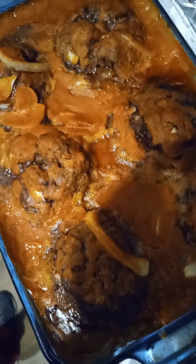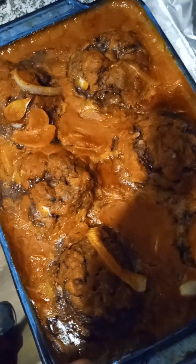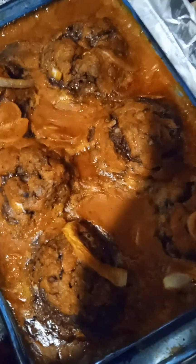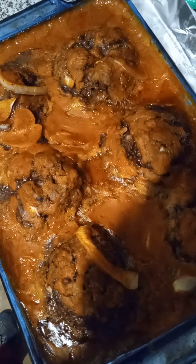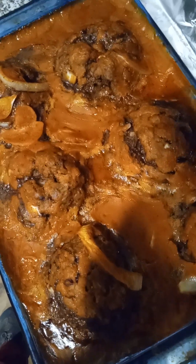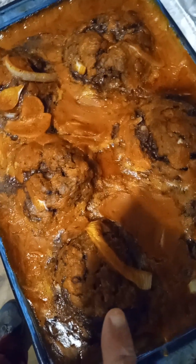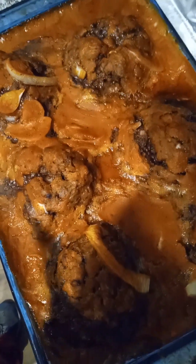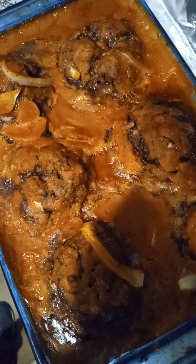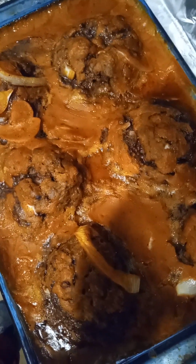Anytime you do any sort of ground meat, ground beef or something like that, and if it's a hamburger patty or something like a hamburger steak, maybe if you want it to be a little bit underdone, whatever, you want to know your sources. But with Salisbury steak, in order for it to be a true Salisbury steak, it has to be cooked thoroughly all the way through, and that's why I did this at 300, and I did it for an hour,